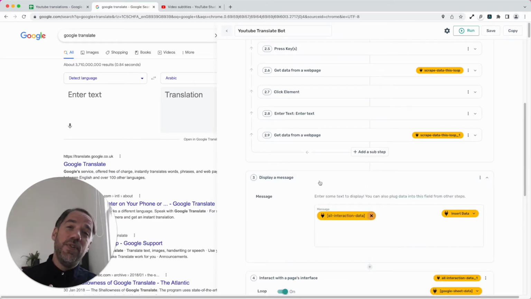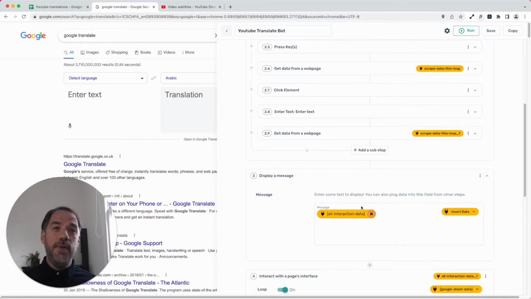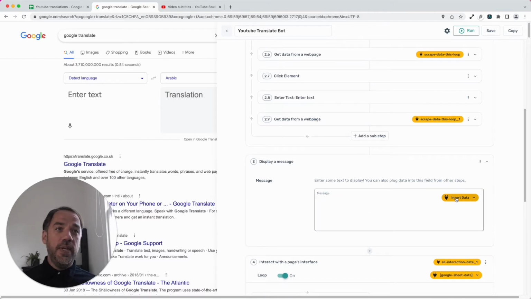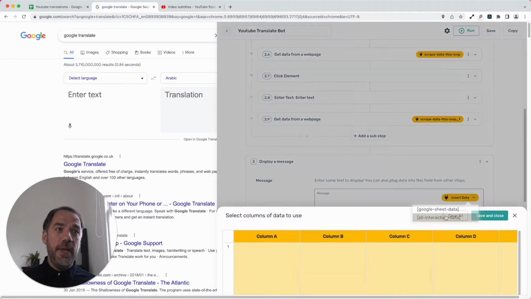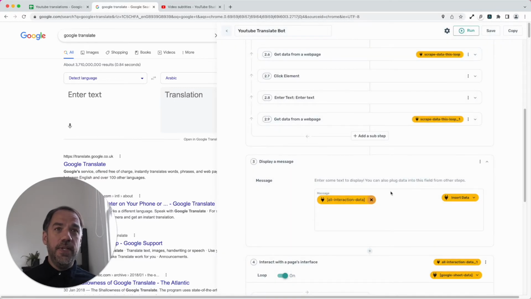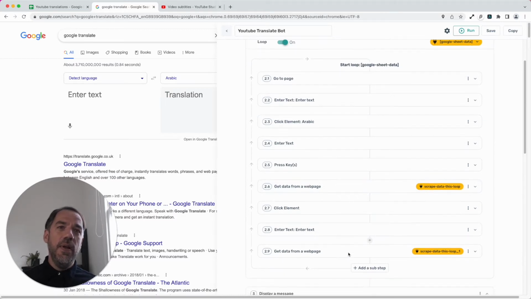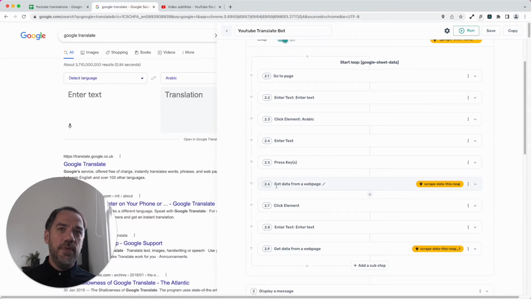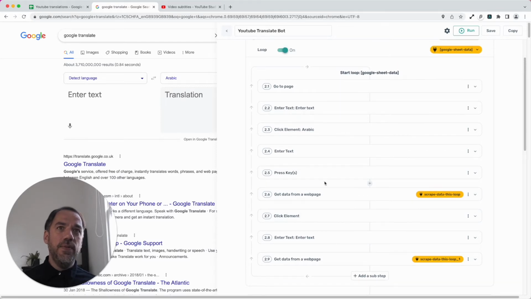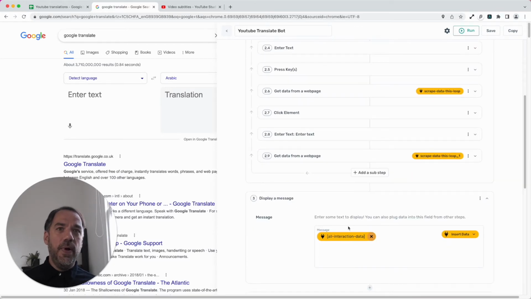This is a really good tool for debugging and for using as you build your bots. Basically, it pops the data up on the page so you can see where your bot's at, what's happening, and you can see if anything's not working how you intended. Now, all I do to get that translated data into the display message is I saved all the interact data, because that passes the two get data steps in here. That's all wrapped up neatly into the one step, so it passes what it's been scraped straight into the display